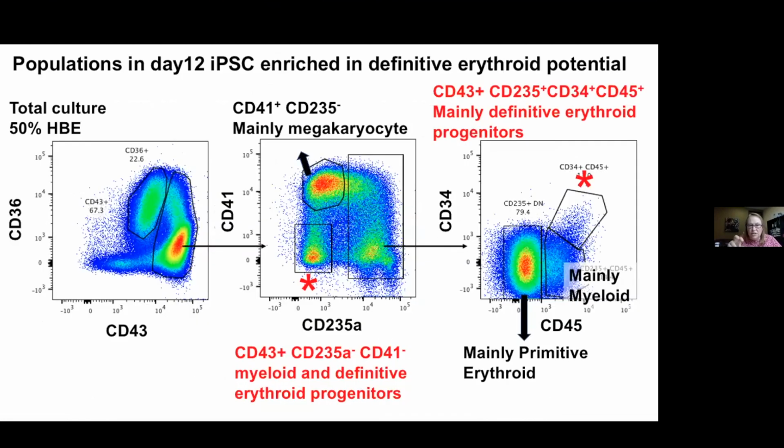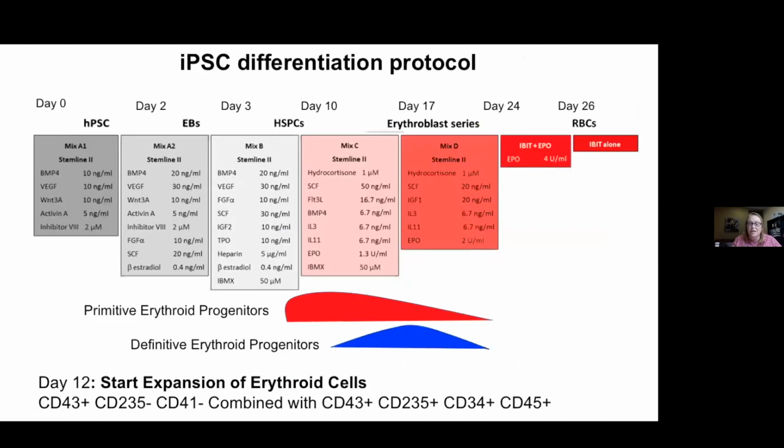We further looked to see if we could enrich in definitive versus primitive erythroid potential in subpopulations at day 12. For this, we looked at CD43 positive cells, and we found two populations. One is double negative for CD41 and CD235A. That population actually makes predominantly myeloid cells, but the erythroid cells it makes are definitive. And then there was another population that was 235 positive, and it expressed CD34 as well as CD45. And it's a rare population, but it is very much enriched in definitive erythroid progenitors. So we took day 12 and those subpopulations, and that's what we used to move on